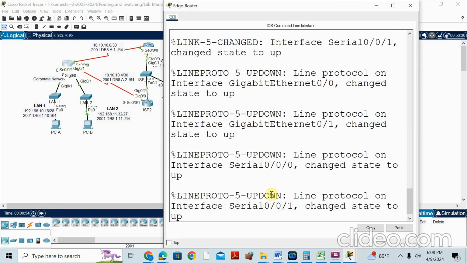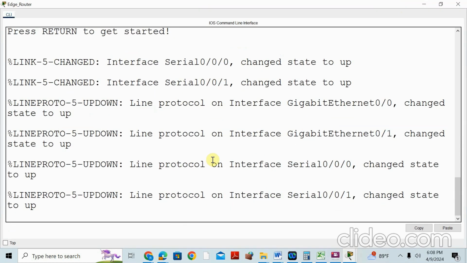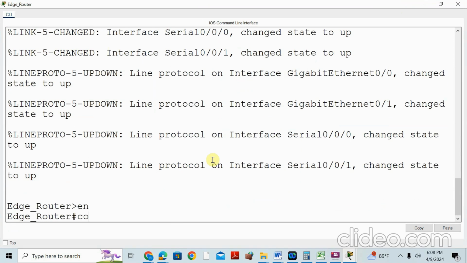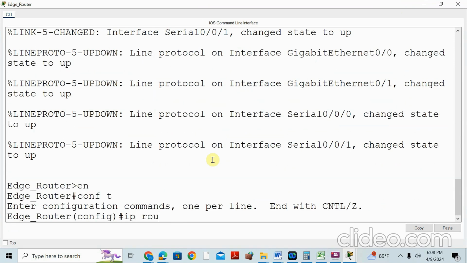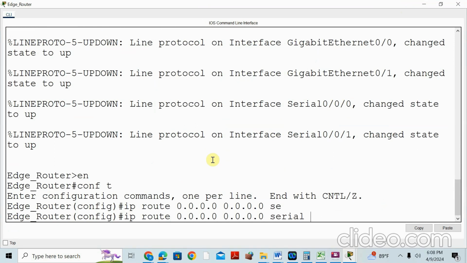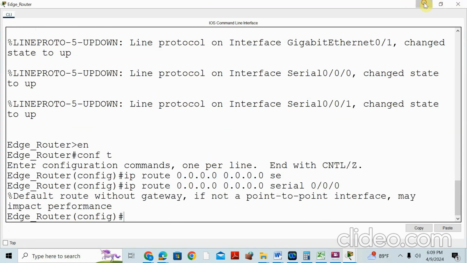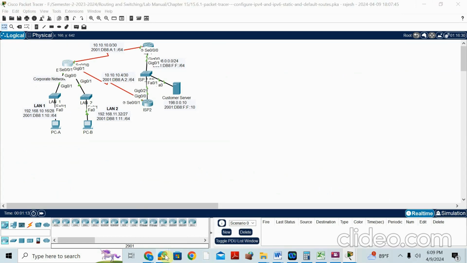So I'll go here, enable, config t, ip route 0.0.0.0 0.0.0.0, and the exit is S0/0/0. Okay, that's done. Now next question,